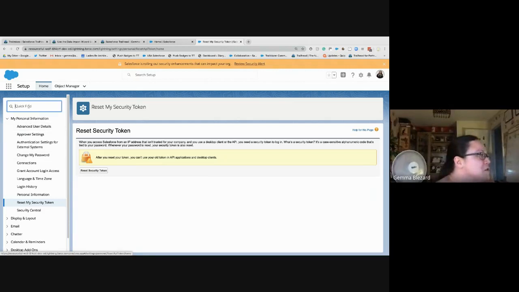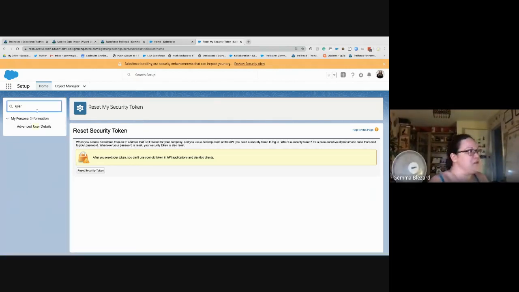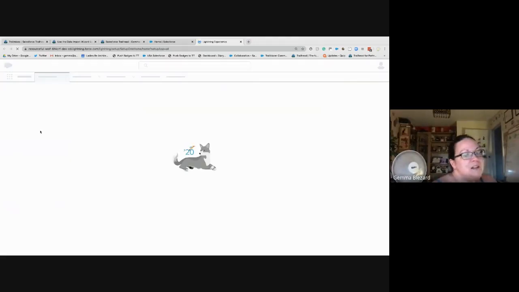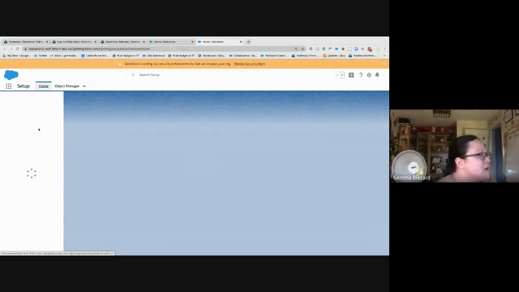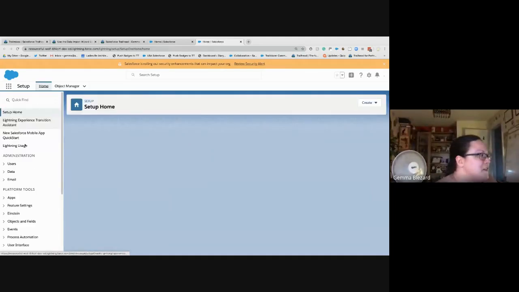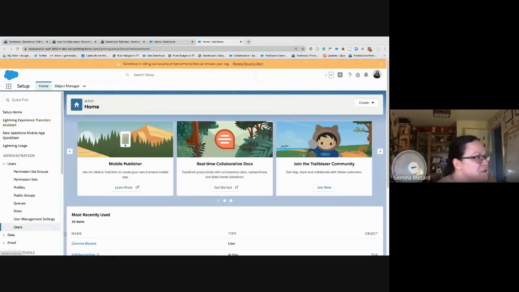Another approach that you can take, which is what we did collectively as a team, is to go to your user record under Setup, and visit the related list near the bottom of the screen called Login History. You'll be able to get the IP address that you were logging in with, and then you can whitelist it in your network access settings. So go to users, or actually there I am there. I'll just click that quicker